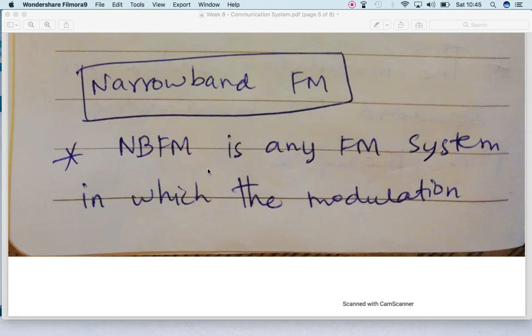As you know, frequency modulated signals have more bandwidth than the amplitude modulated signal. So in many cases we need to conserve the bandwidth, and for that purpose